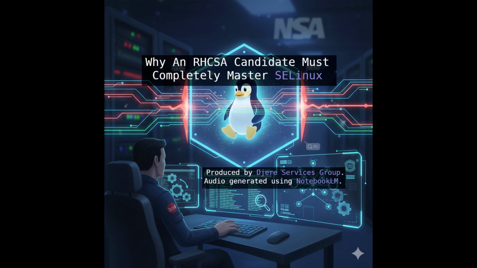The exam tests your ability to manage a secure system, and SELinux is a core part of that security. You need to prove you can work with it. The default assumption has to be, SELinux is right. My configuration needs fixing. Okay, so if we accept SELinux is working correctly, how do we use it as that